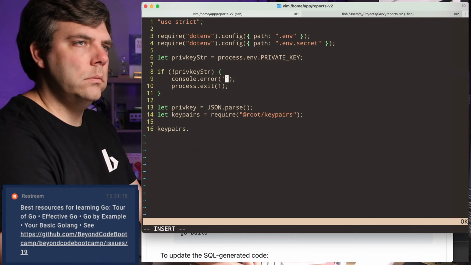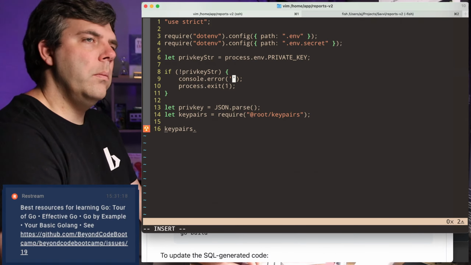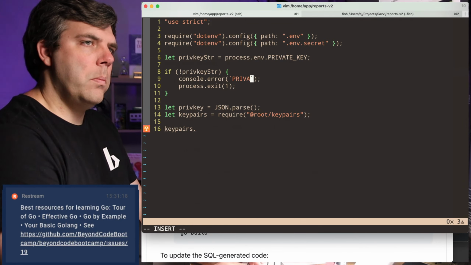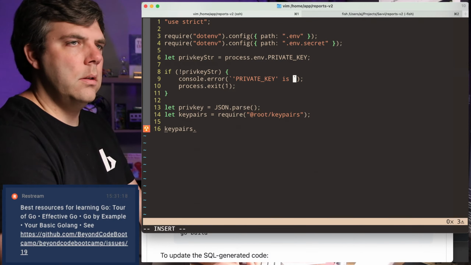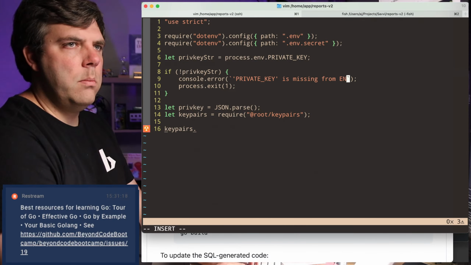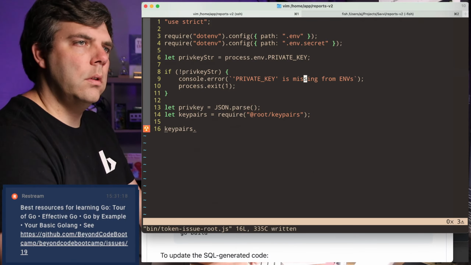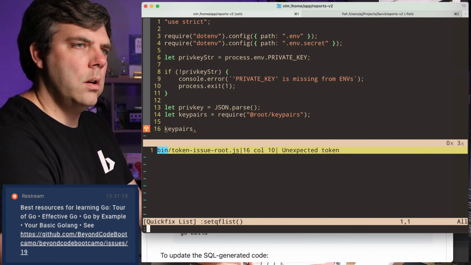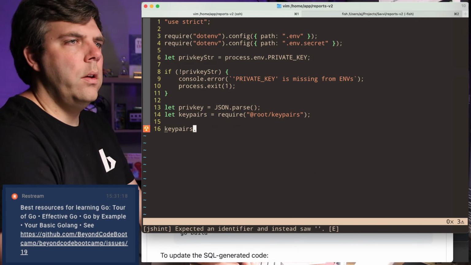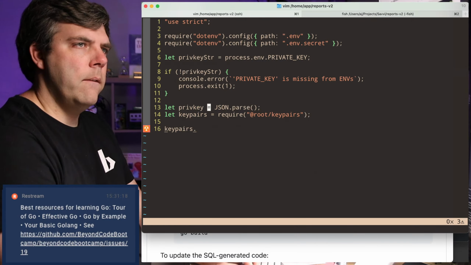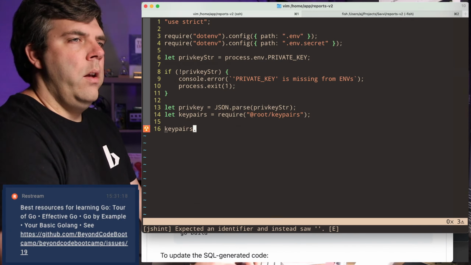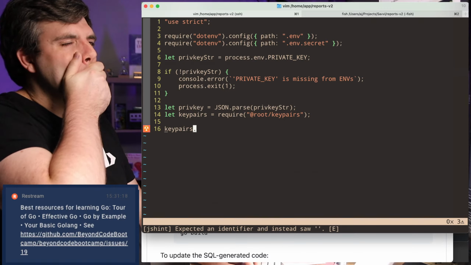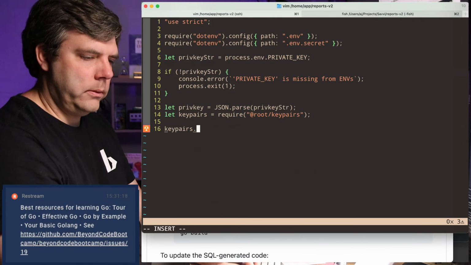Console.error. Private key is missing from envs. Okay. And so then we have priv key stir. And then what else? I'm going to need to do